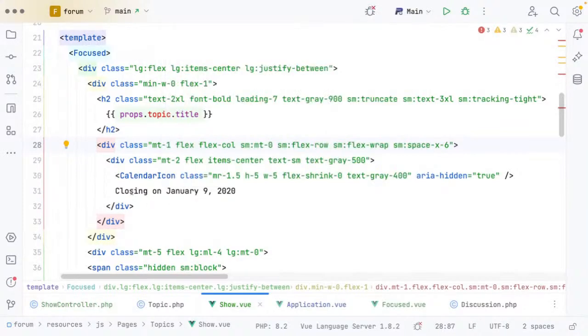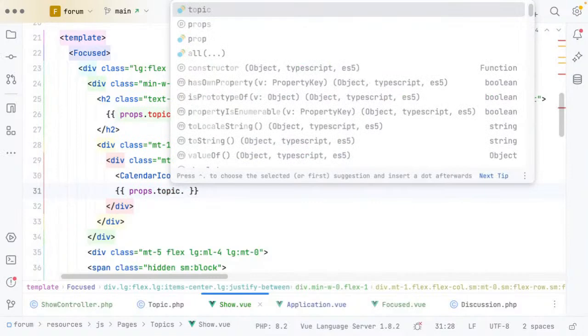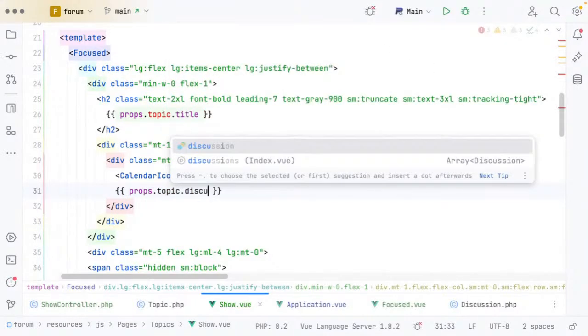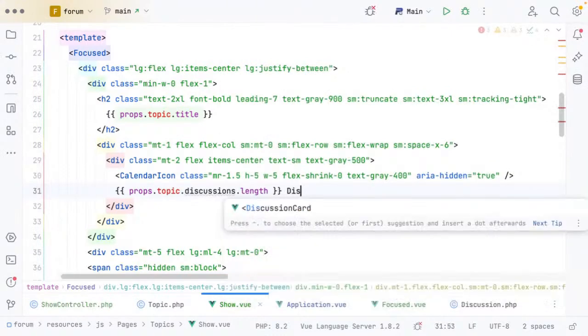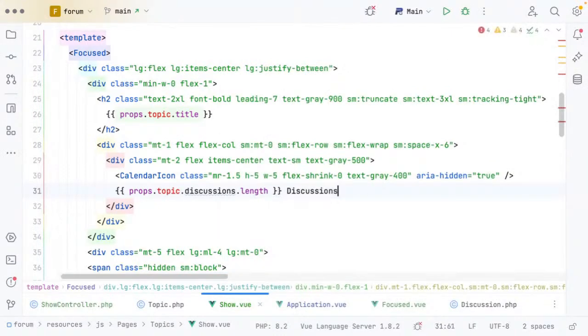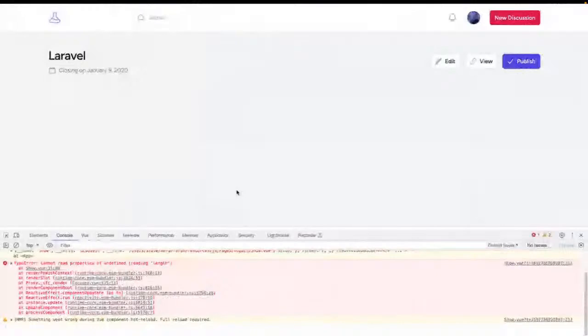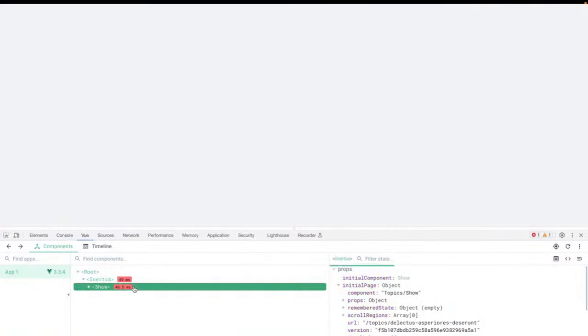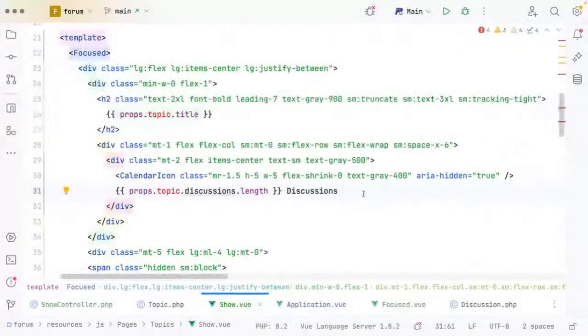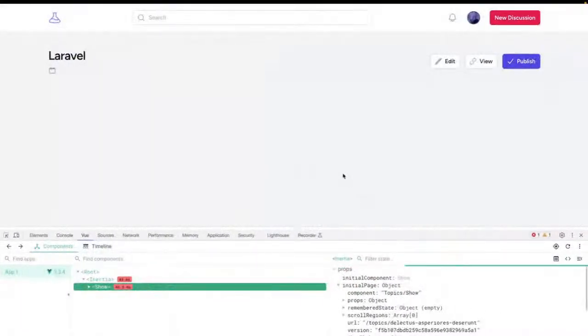So what I want to do here is show how many discussions are in this topic. I think that might be quite useful, right? Props, topic, discussions, dot length, discussions. And it failed. Oh, of course it failed. Okay, so let's just comment that out and let's go see